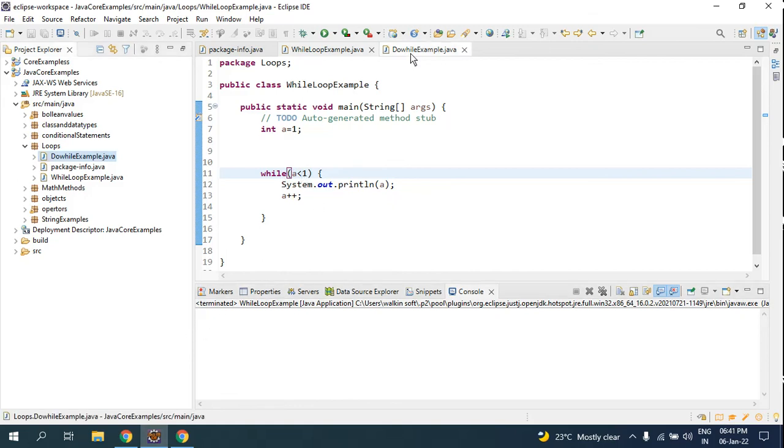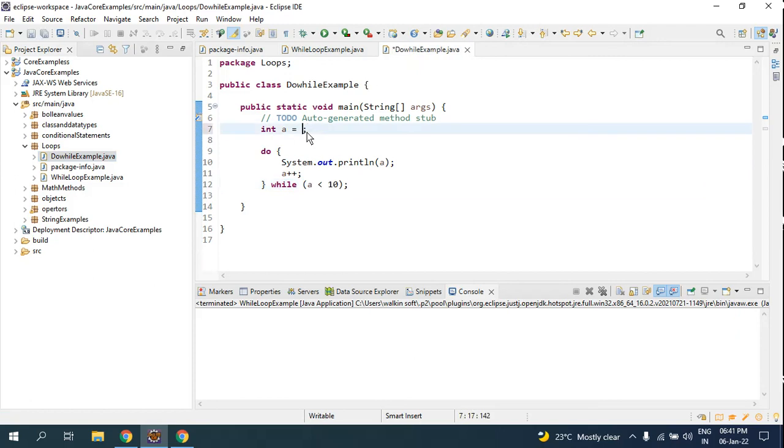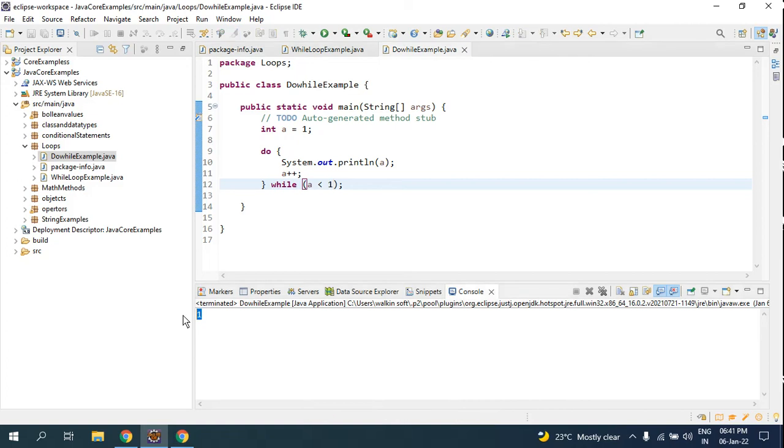Here in the do while, if I assign the value as 1, and I ask a less than 1, and I run it, look here, can you see the answer here as 1? Are you able to see it? So the difference here is that the condition is not checked first. The do statement first prints the value. The value of a is 1, it prints it, then it goes to check the condition and gets to know that the condition is wrong, so it stops. But eventually you got that one output. So at first, without checking the condition, if you need one statement, you can use the do while loop.